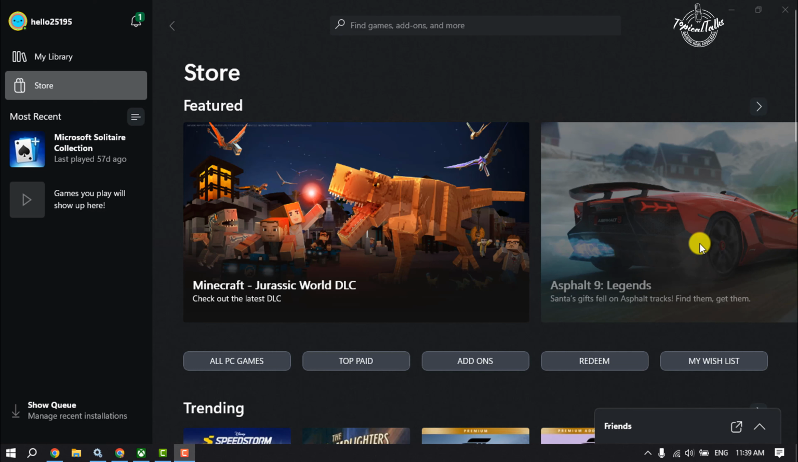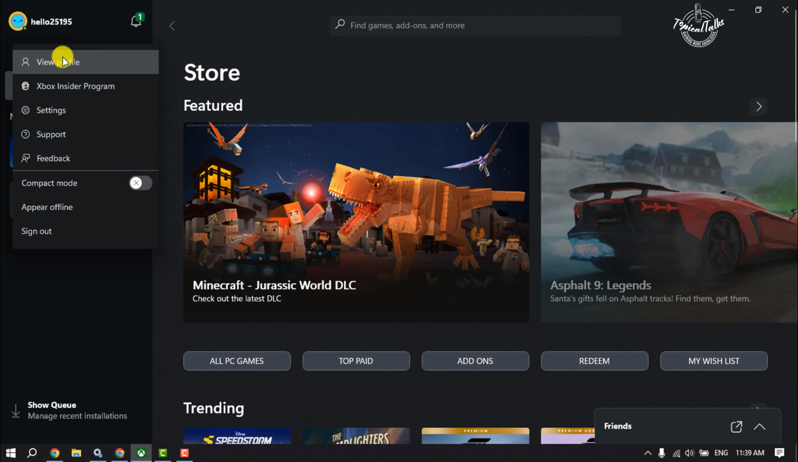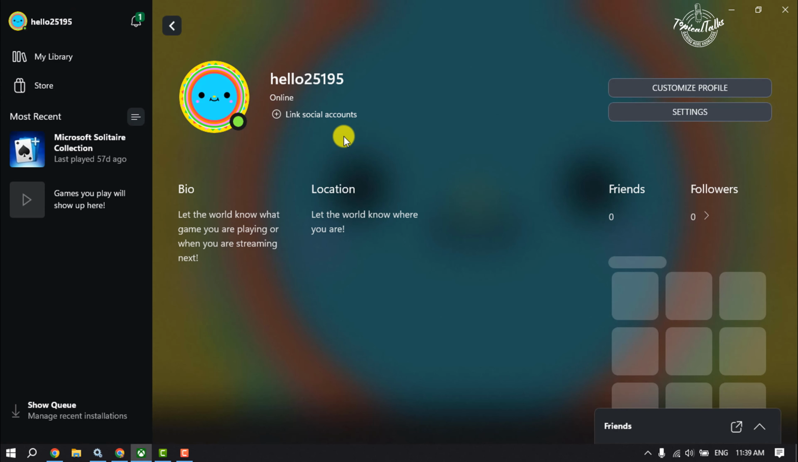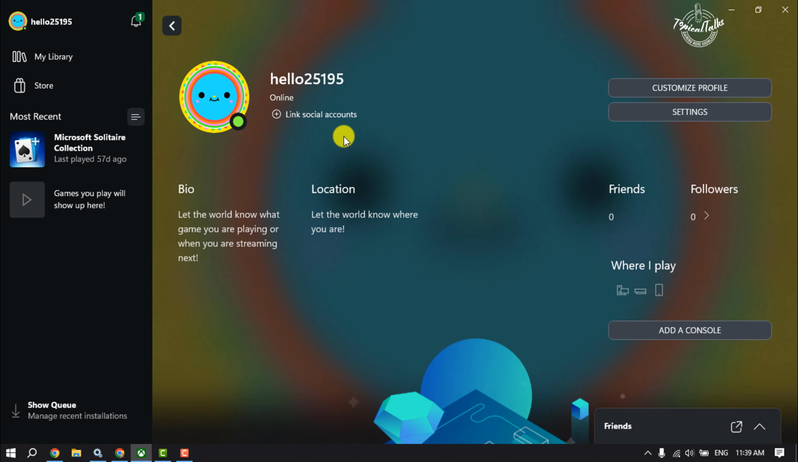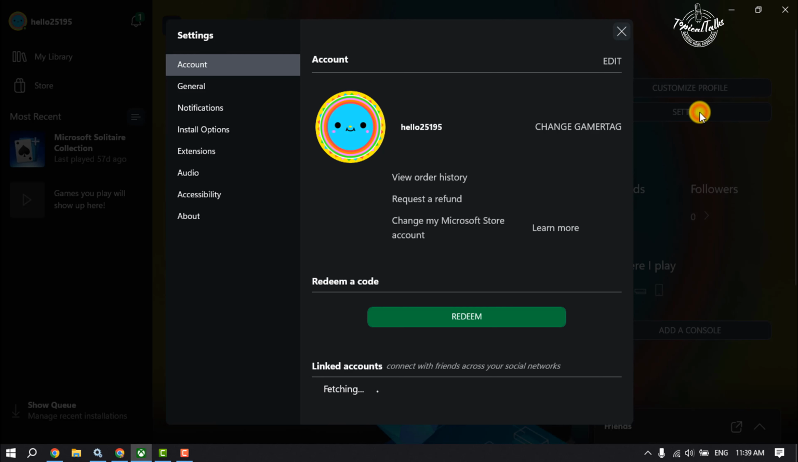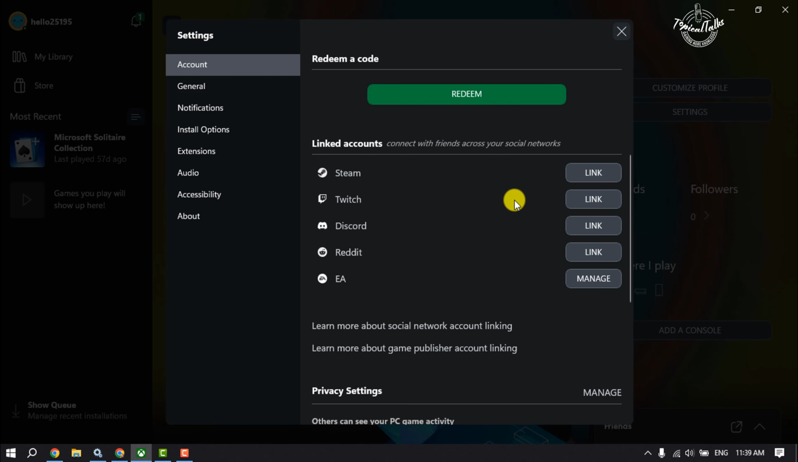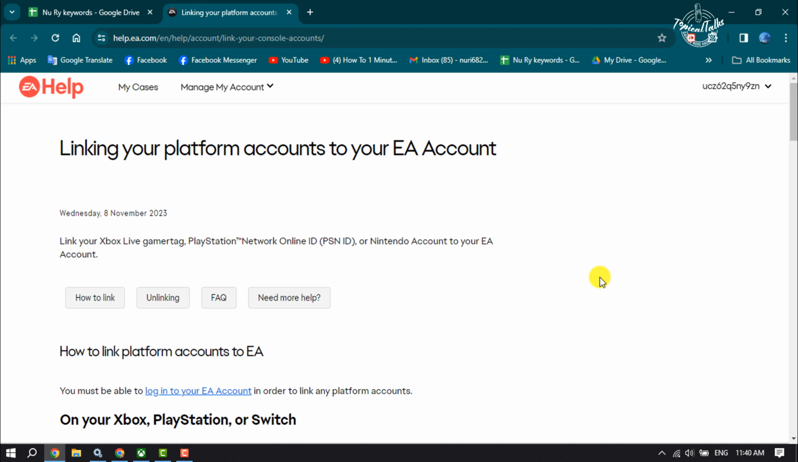Open your Xbox and click on your profile and click on View Profile, and you will jump into your Xbox profile page. Here, click on Settings. Scroll down. Here you will get EA. So to unlink your EA account from your Xbox, click on Manage, and you will jump into this page on